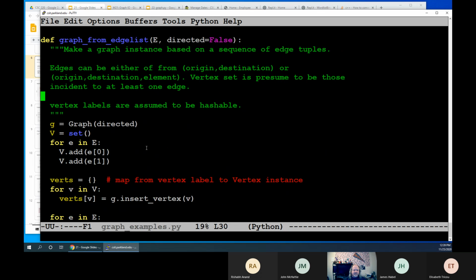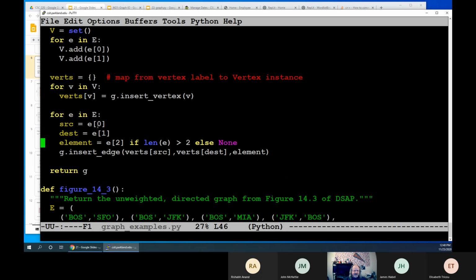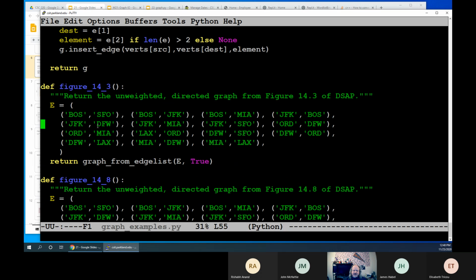And in that comes this method called graph from edge list, which we can use. Well, it's sort of a helper function, but basically what this method or function does is,